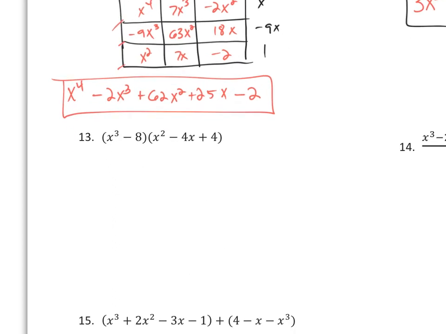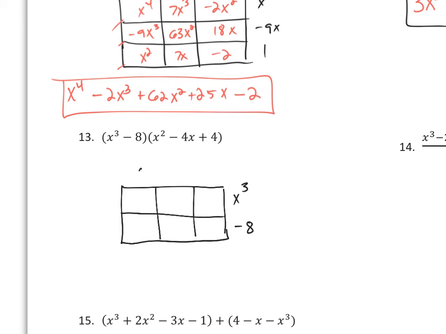We've got a multiplication problem, but notice that we've got missing terms in here. We can choose to add those, or when we're combining, noticing that the diagonals don't add up, I am going to probably do the second option, where I just have the 2. Ooh, that is probably not the best line I could have drawn. And by 3, so I've got x cubed and negative 8x squared, negative 4x, and 4, x to the power of 5, negative 4x to the power of 4, 4x to the power of 3, negative 8x squared, negative